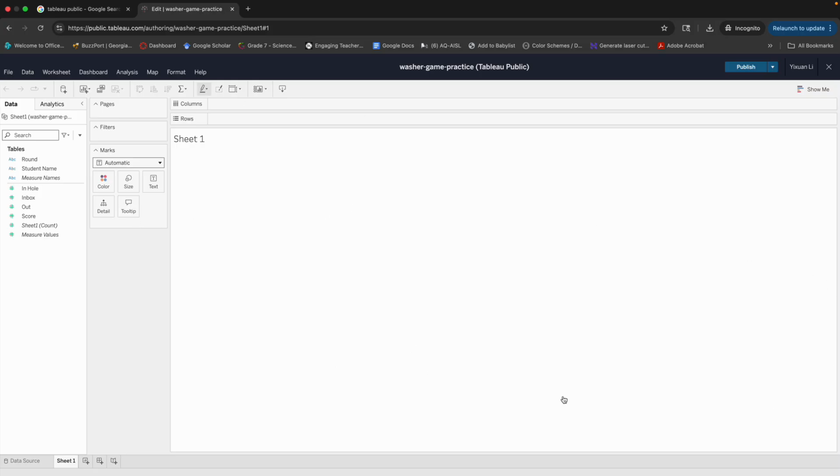And in the middle is what I call the stage of your data set, where all of the charts will be displayed. On the top of the stage, you see there is something called columns and something called rows. So here is where you're going to put the